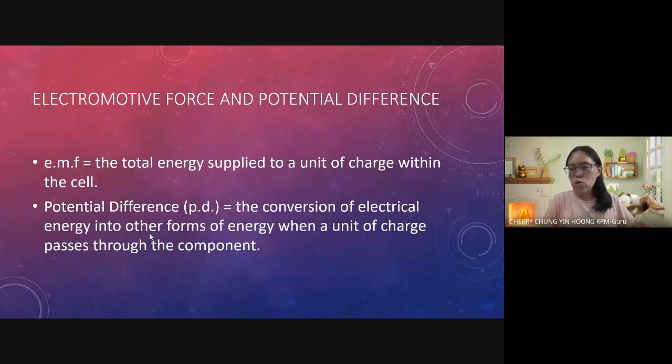Okay, so in another words, what is EMF? Okay, what is EMF? EMF is the total energy supply to a unit of charge within the cell. 这个 cell 的意思就是我们的 battery. Okay, 就是我们的 battery. Whereas potential difference is the conversion of electrical energy into other form of energy where a unit of charge passes through the component，这边的 component is what we call as a conductor。OK，所以一个是 EMF 是一定在 battery 里面。OK，battery 我们是 measure the voltage in the battery，可是 potential difference 是在我们的 conductor 里。